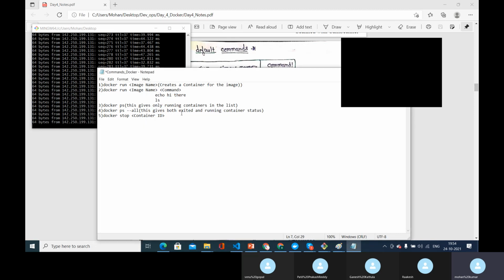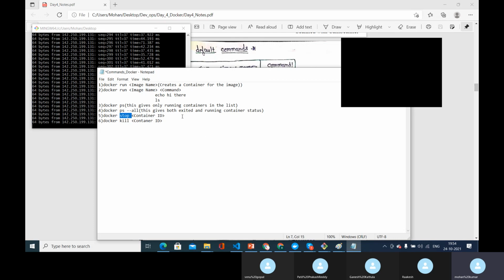So docker stop is one command, and docker kill is the other command used to stop the container. Then what is the difference between stop and kill?